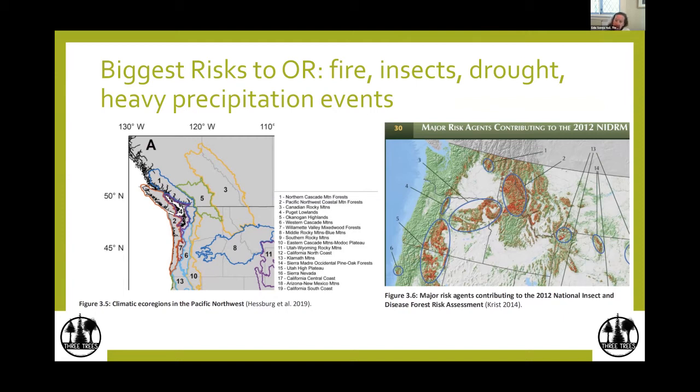On the insect side, on our right, the risks of insects increase with warmer winters, which extend the life cycle of these insects and disease agents. Nationally, the U.S. Forest Service predicts that 81 million acres of forests are at risk of losing greater than 25% of their basal area due to mortality from insects and disease over the next 15 years.